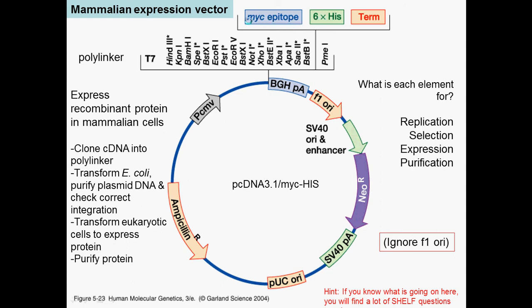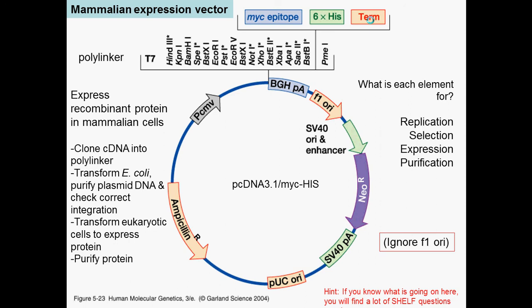So the MYC epitope is an antigen, and it's going to bind to an antibody. So you're going to use affinity chromatography to choose for the MYC epitope, and the 6' cysteine works the same as the MYC epitope. It acts as an antigen, and the term is just a termination codon,